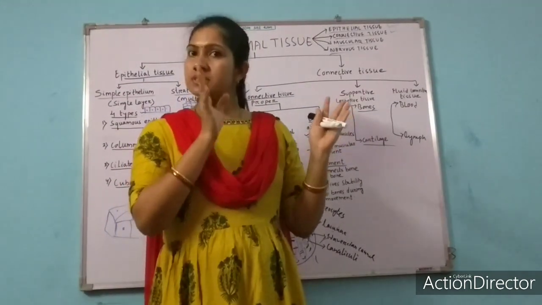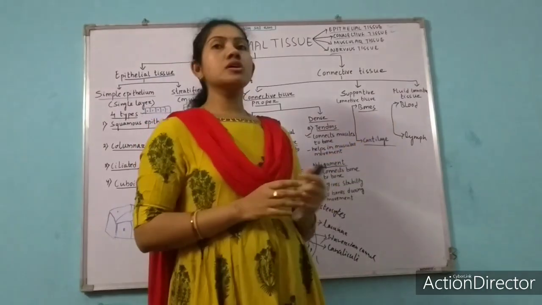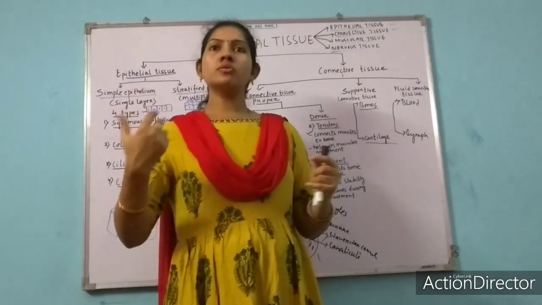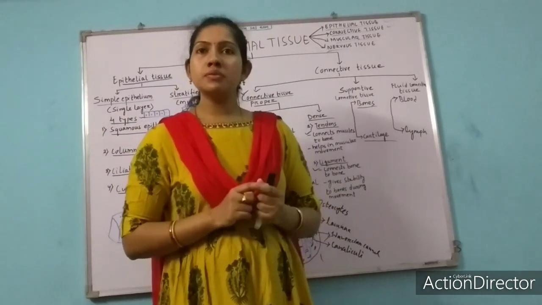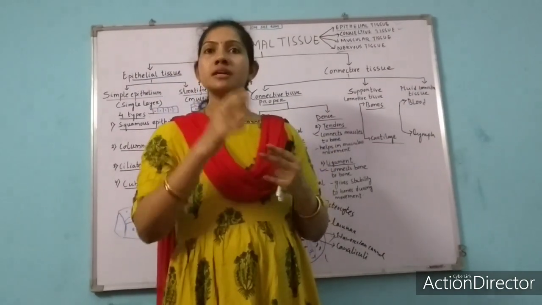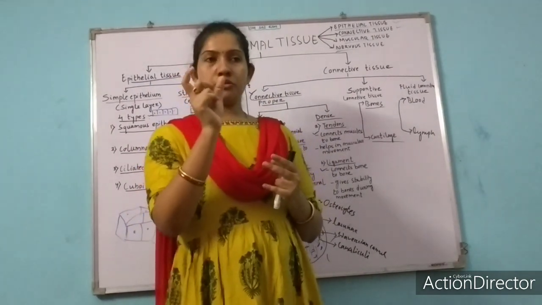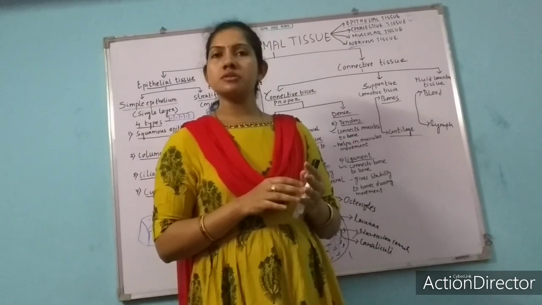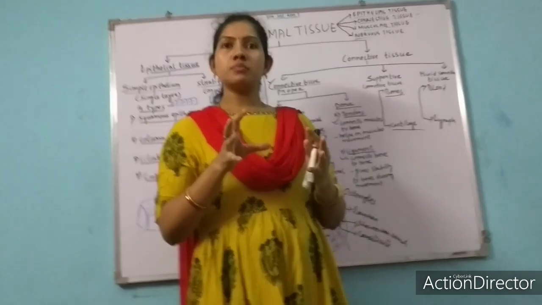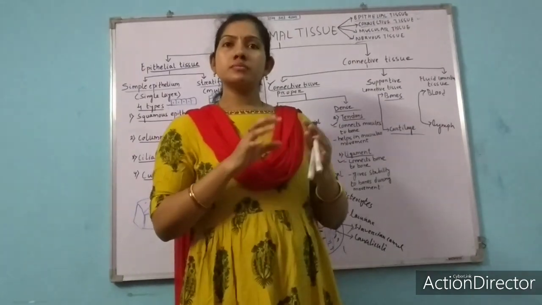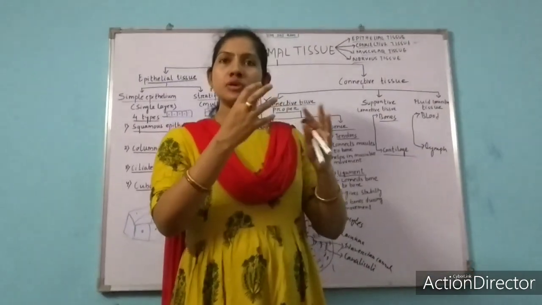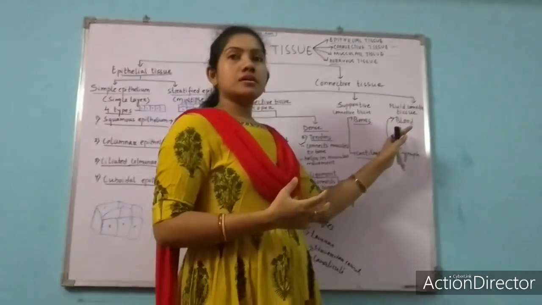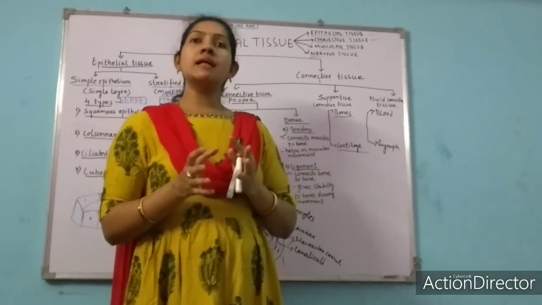Already we have studied this in our earlier classes. So what is the work of RBC? RBC helps in carrying oxygen throughout our body. What is the work of WBC? It provides protection against germs. We have learned one topic, what? Phagocytosis. It is a process where WBC engulf the microorganisms and digest them. So WBC provides the main function of protection to our body. And what about platelets? Platelets help in blood clotting.